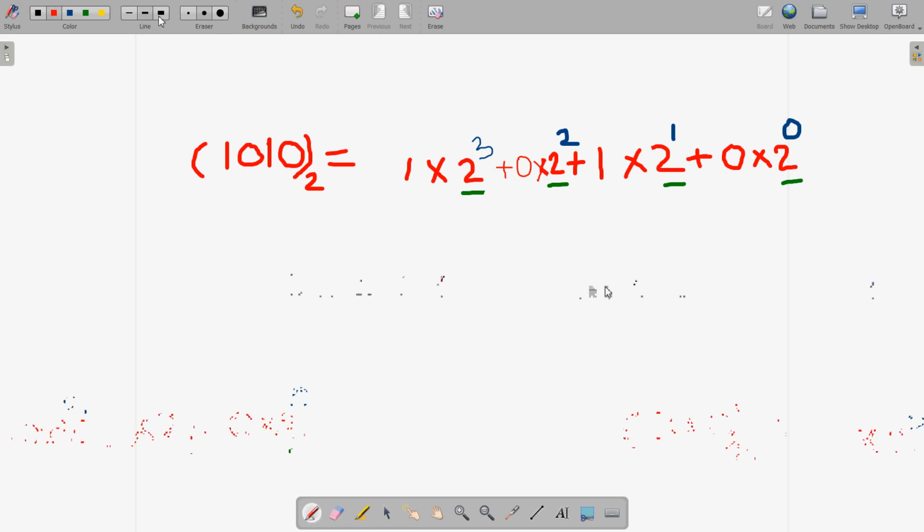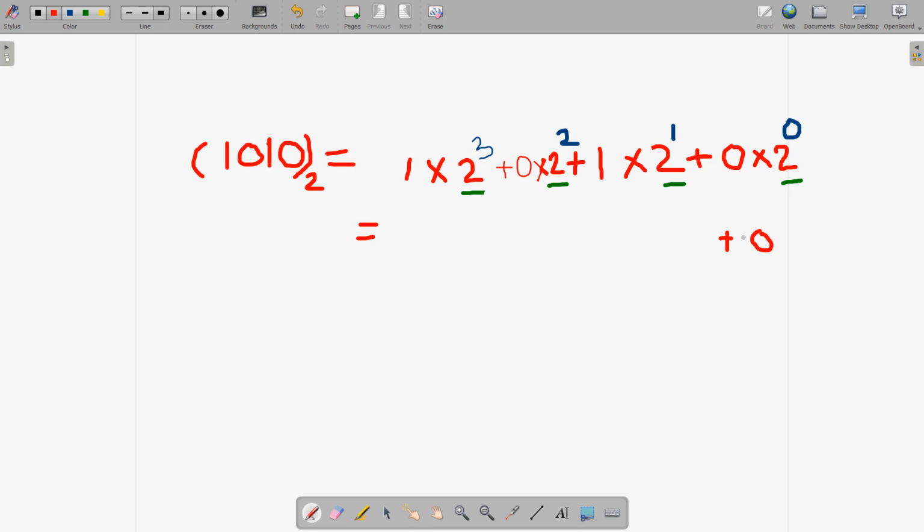So now we are going to calculate the value. So let us see now. The value will now be 0 into 2 to the power 0. Any number raised to the power 0 is 1. 1 into 0 will be what? Any number multiplied with 0 also will become 0. So 1 into 0 is 0. Then 1 into 2 raised to the power 1. So 2 into 1 is 2. Yes or no? Okay. Then 2 raised to the power 2 is 2 into 2, so it is 4. But 4 is being multiplied with 0. So 4 into 0 is again 0.